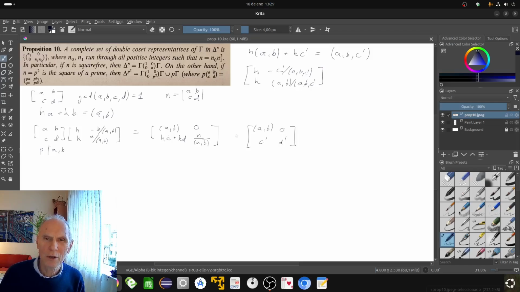I don't think it was relevant here that this gives naught, because then when we add this row to this row, this is conserved. So it was actually important that that gave naught. So up here we have H times AB